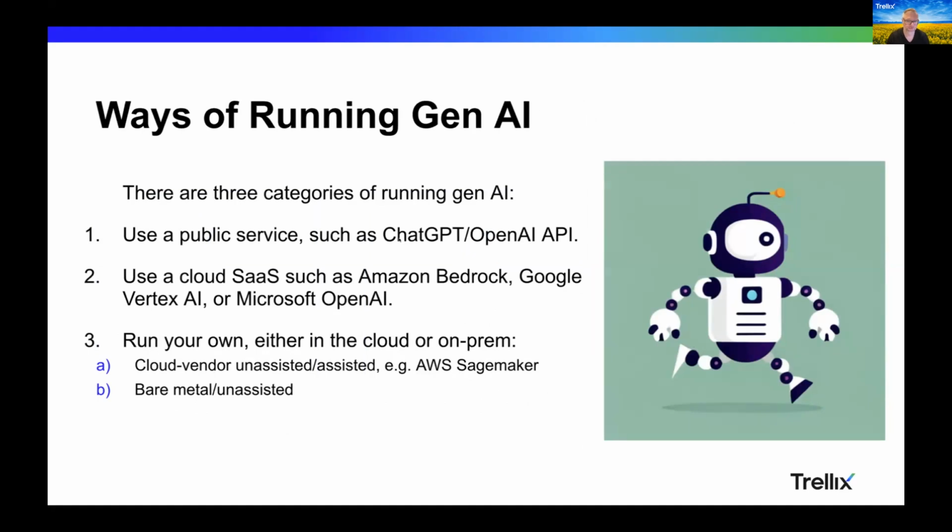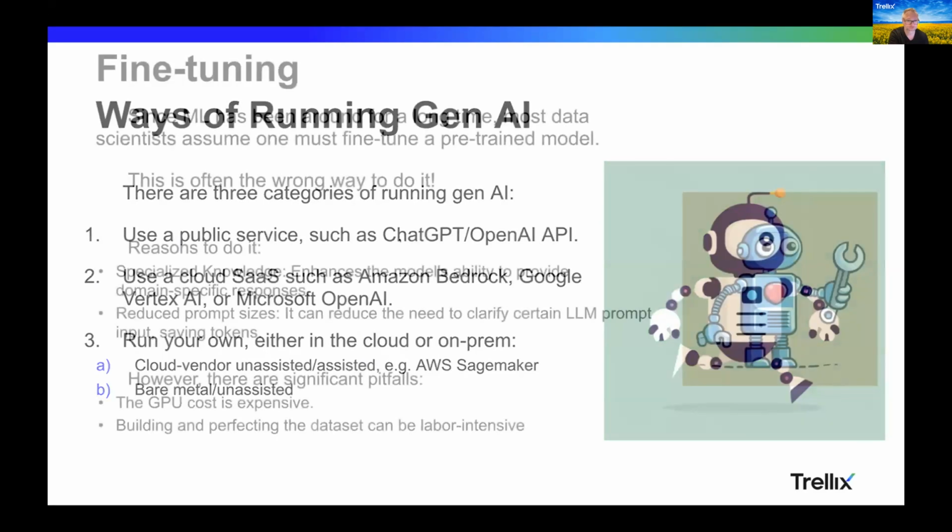Of course, Gemini from Google just launched last week, so there's another version there as well. Or you can run it on-prem. And this is something that's becoming more and more common as we look at LLMs that can run on a device. For instance, Llama, a very well-known open source LLM, can actually run on a Mac M2 or an M3, depending on the size of it. So this is becoming a new frontier for running your own smaller models, in addition to things that are maybe hosted in the cloud or even as an API.